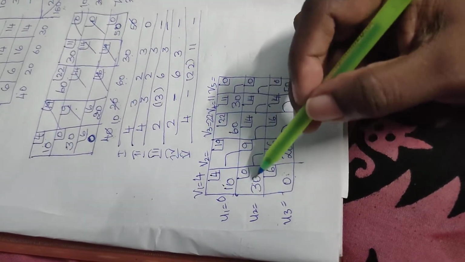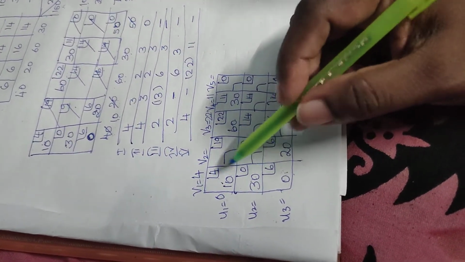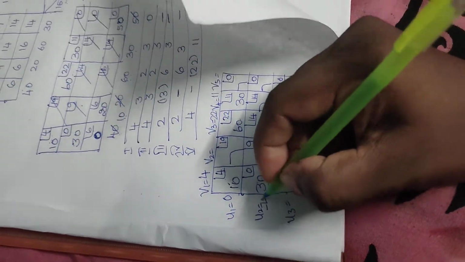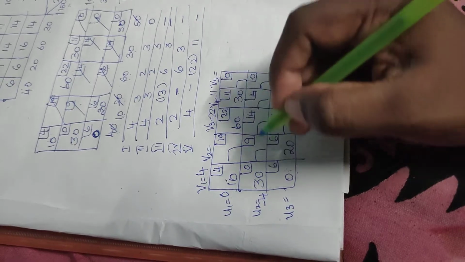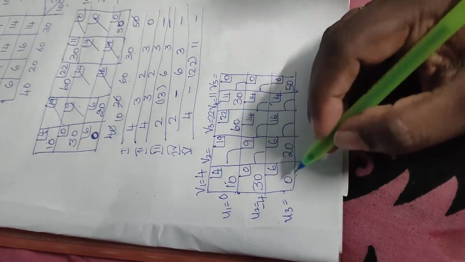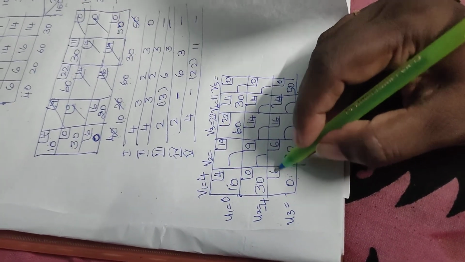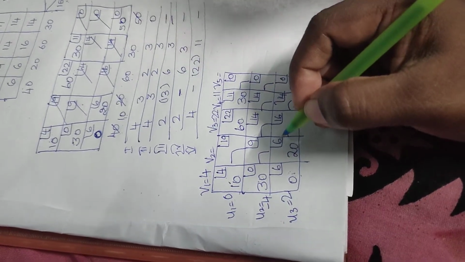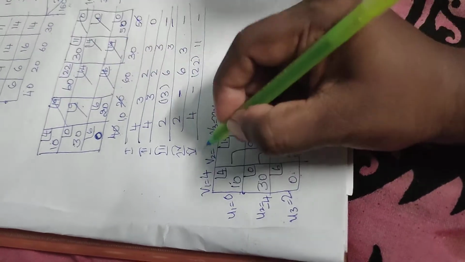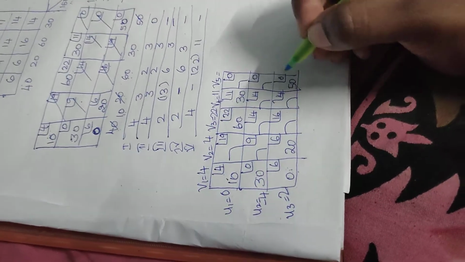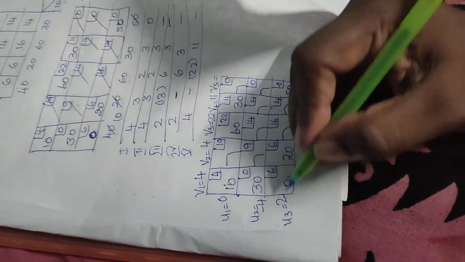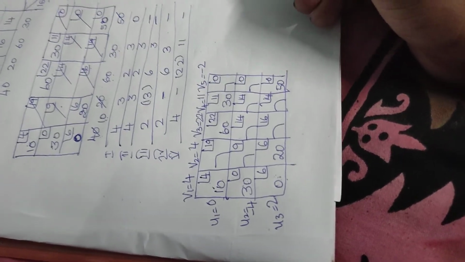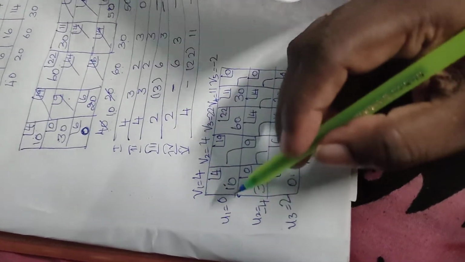So now I have this cell. So 4, 0 minus 4, I have minus 4. There are no occupied cells here anymore. Here you have 1. 6 minus 4, you have 2. And 6 minus 2, you have 4. And here 0 minus 2, you have minus 2. Okay. So here you have my values.